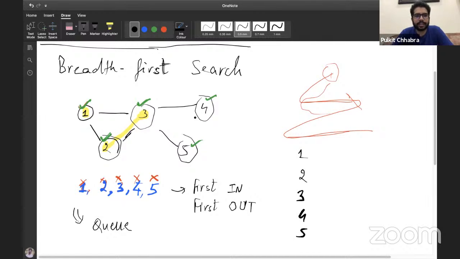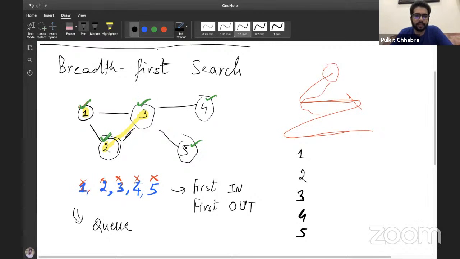Another thing that I want you guys to notice here is that if we sort of draw a tree, right? If we notice, then 2 was being pushed through 1, right? When we were exploring the neighbors of 1, we pushed 2 and 3, right? And then when we were exploring the neighbors of 3, we pushed 4 and 5, right?